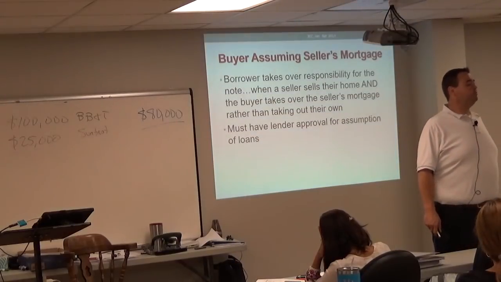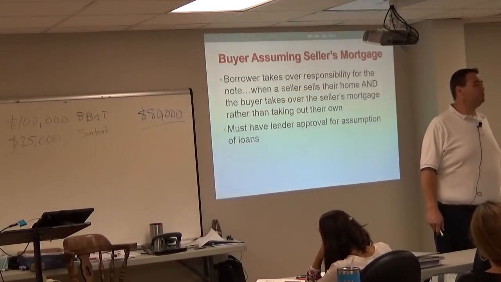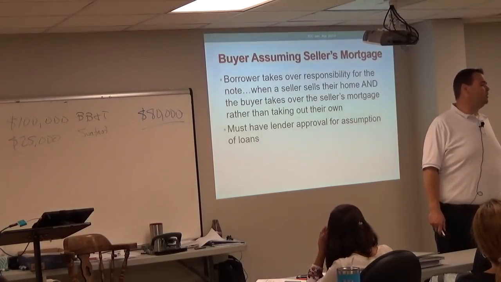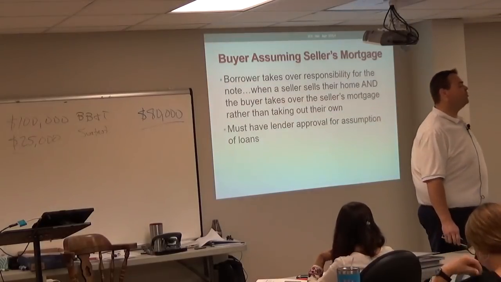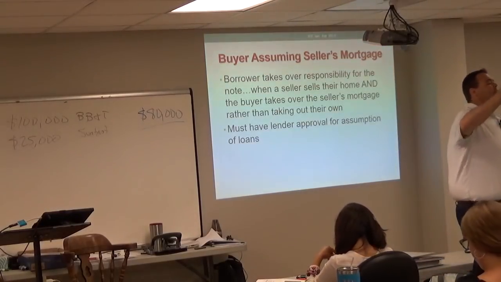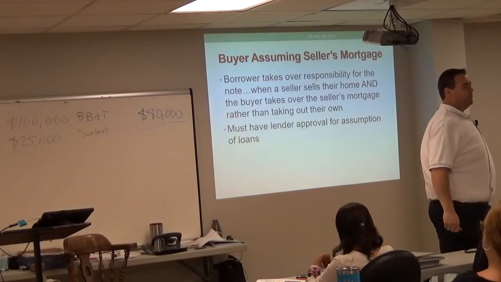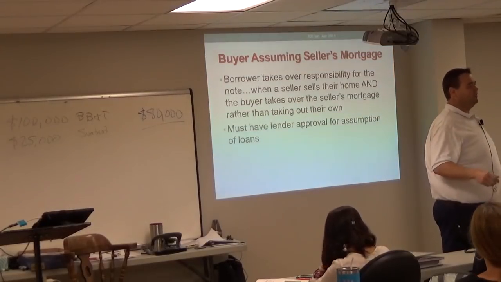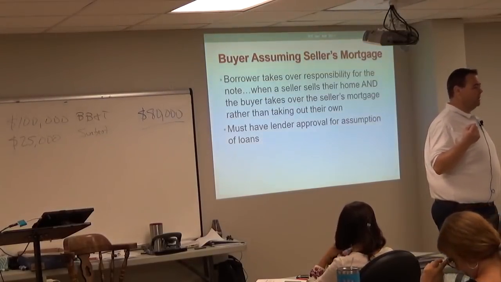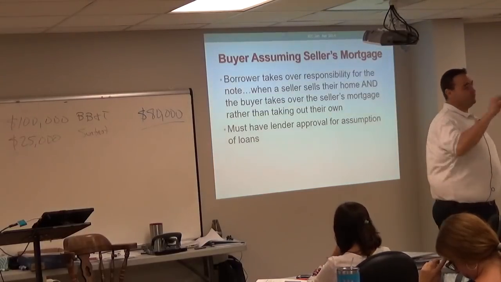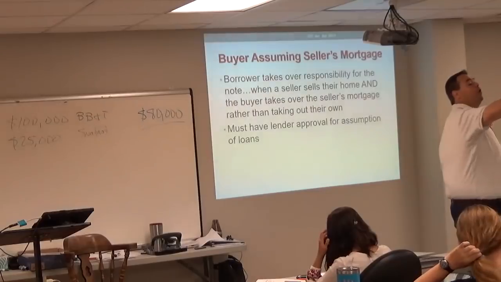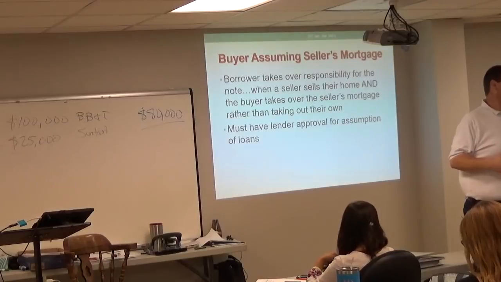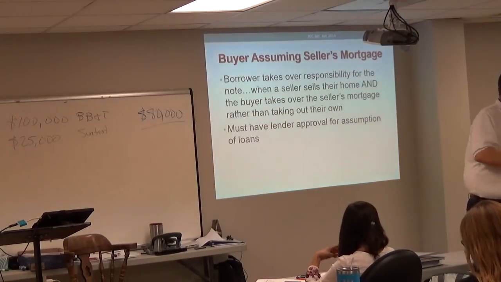You assume the time that was already paid, say 5 to 10 years into a 30-year mortgage. You pick it up right where it is, and you pay the difference in cash. It's called the boot. For example, if I'm paying you $200,000 for your house, and you owe $160,000 on your mortgage, I owe you $40,000 because I'm taking over your $160,000 mortgage, but I'm paying you the difference. So you get the same amount of cash no matter what. If I had bought the house from you, you'd only have had $40,000 left over anyway, because you'd have had to pay the mortgage off. So you come out exactly the same.